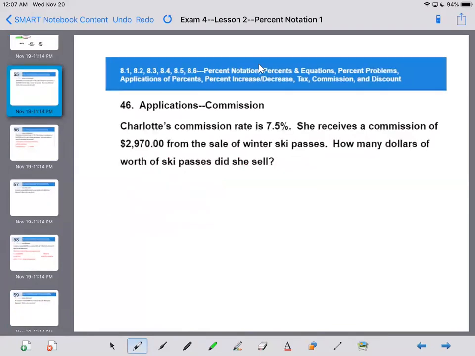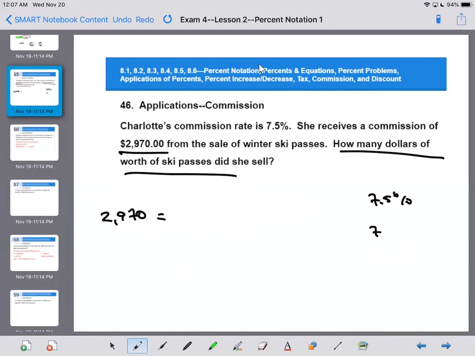Okay, Charlotte's commission rate is 7.5%. She received a commission of this. How many dollars did she sell? Well, here's her commission, $2,970. That's your commission. We know the rate is 7.5%, which would be